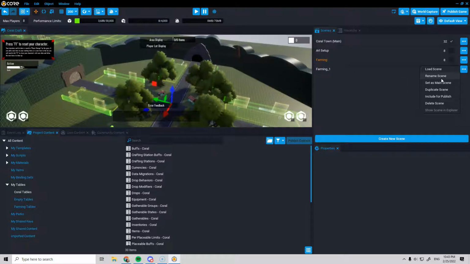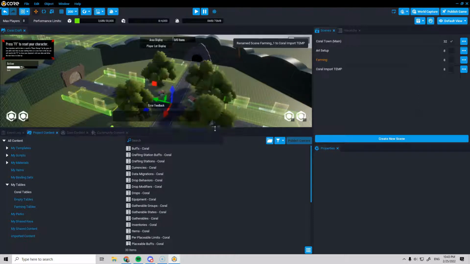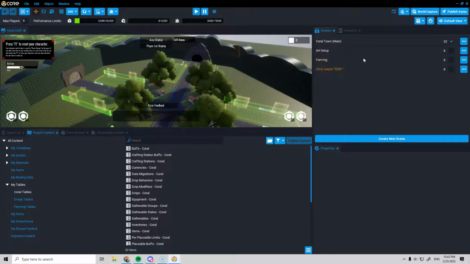and I'm going to rename this one to coral import temp. So I'm not going to keep this scene. This is the one where I'm actually going to rip stuff up, just in case I make a mistake. Now that we have scenes, it's simple to do this, so it doesn't hurt to be safe. Okay, so I'm in that duplicate scene,